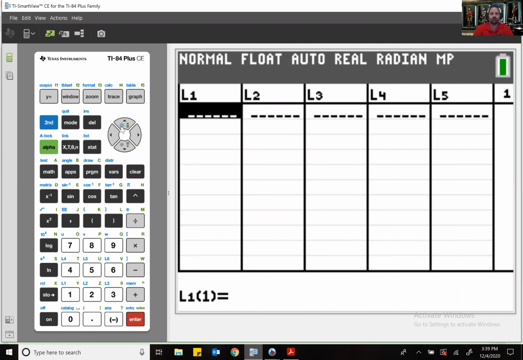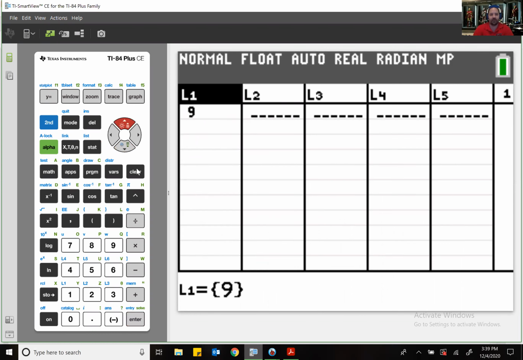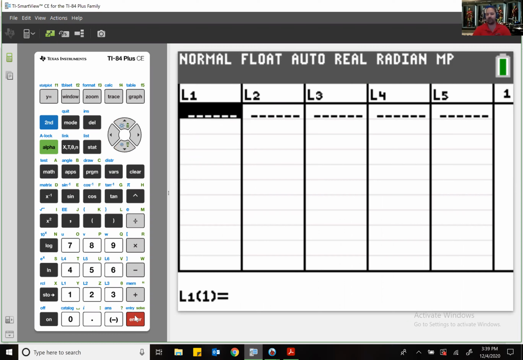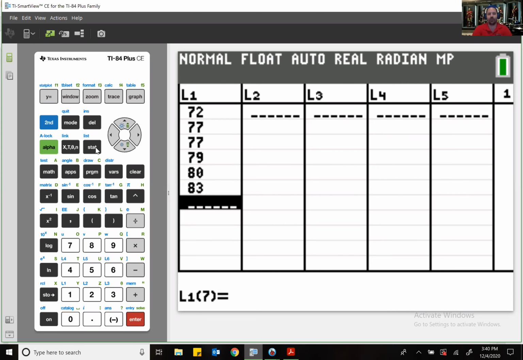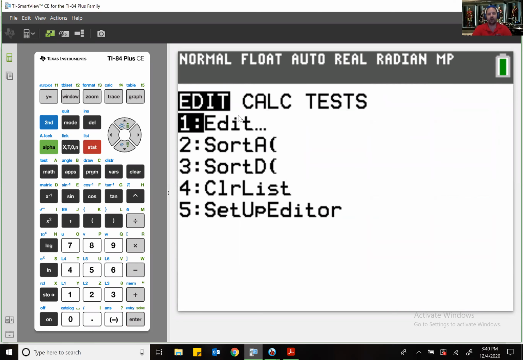There it is. So if I had numbers in here, don't come up here and hit delete, hit clear, and then hit enter. There you go. So you can put in your numbers, 72, 77, and it doesn't matter if they're in order or not. So I already put the numbers in order, 79, 80, 83. Then what you're going to do is you're going to go back into stat and